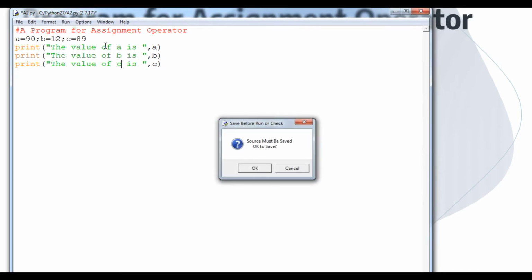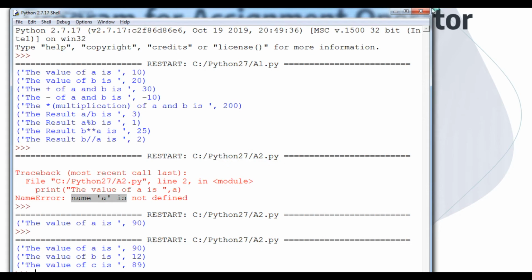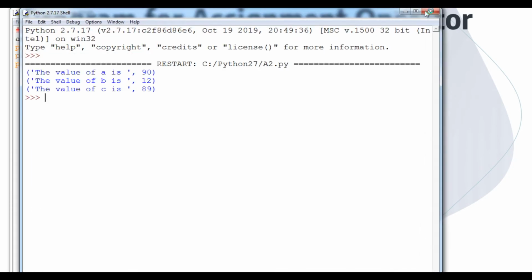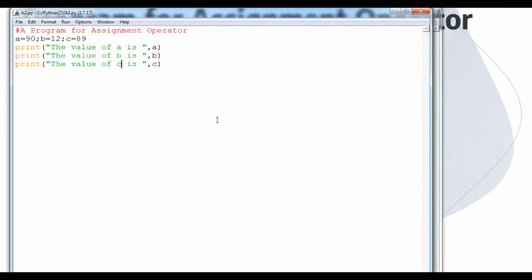Now let's see what the output will be. The same thing will come. I will close this because the console screen is never going to be cleared again and again. Here you can see that the value of a is 90, the value of b is 12, the value of c is 89. I can use a, b, c because of the assignment operator.